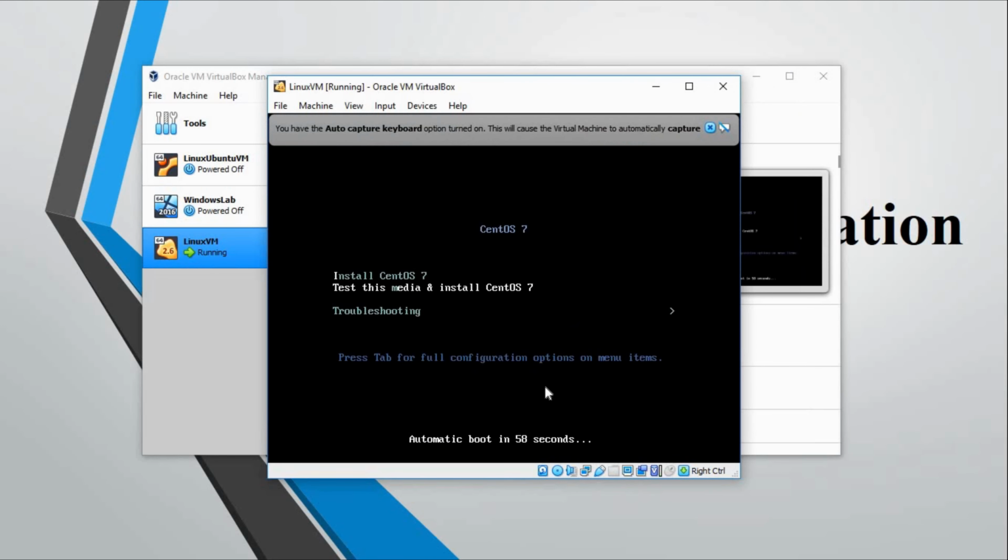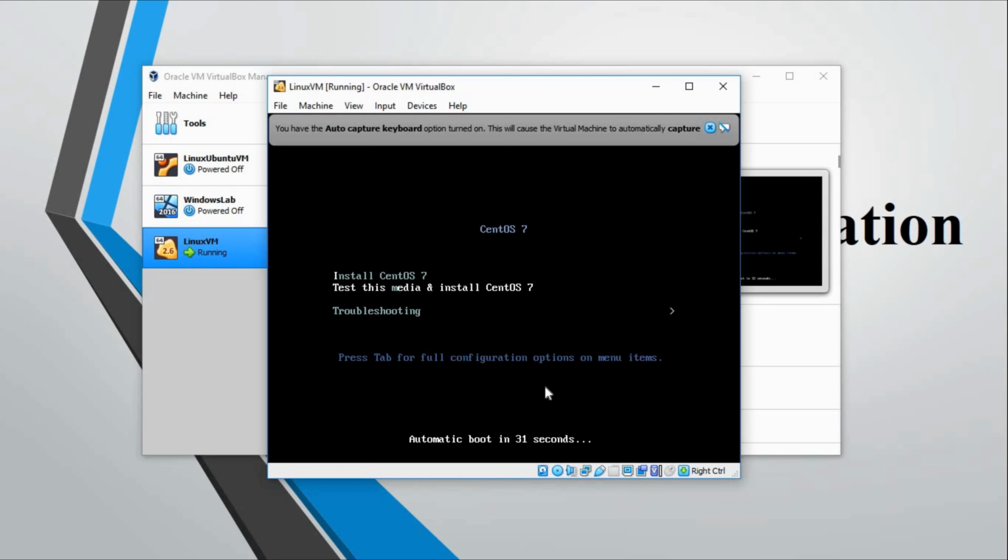On this page, by default it will come on Test this media and install CentOS 7. Sometimes it is good, when you are installing with an actual CD-ROM, the physical ROM, because some CDs have scratches on them and it could impact the installation.